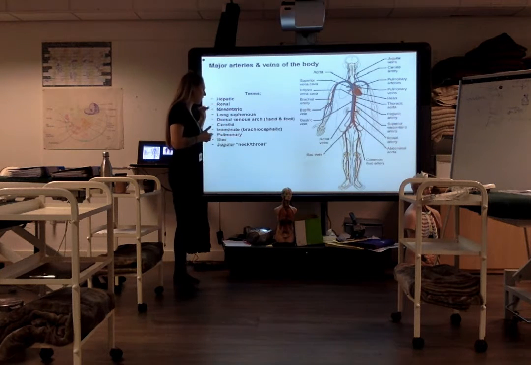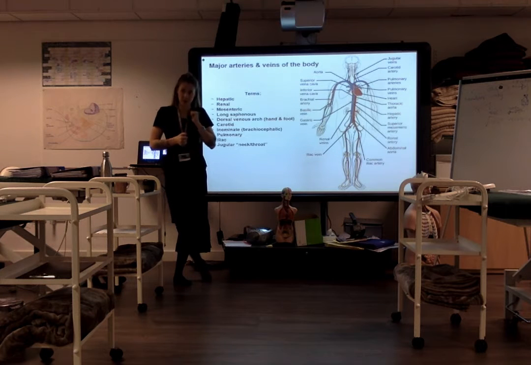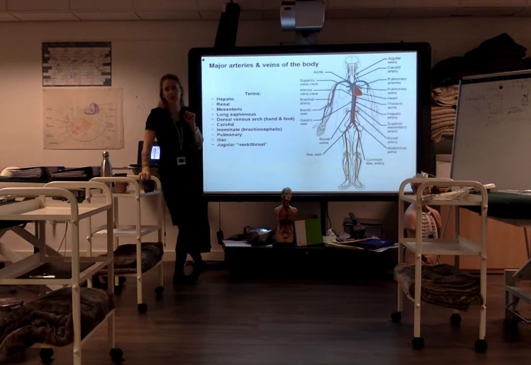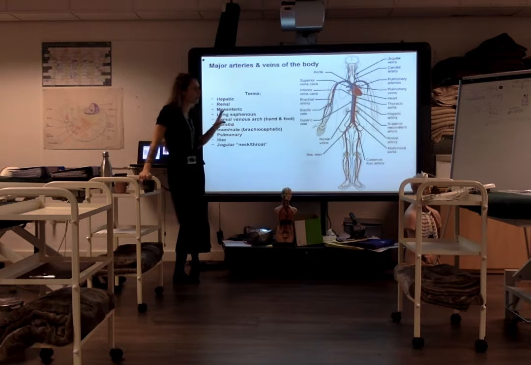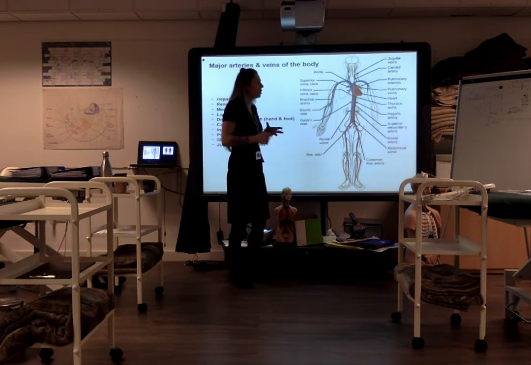This image, however, is a little bit trickier. If you look at the terms in your logbook, the screenshot that I printed, it had all the terms you're expected to know for the location of arteries and veins. These are the terms I've highlighted that maybe we're not so comfortable with. We're going to break this down, and I'm going to go through how you should be able to